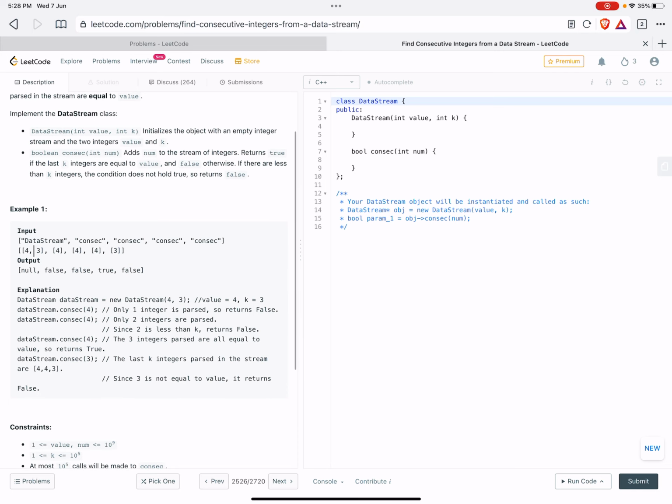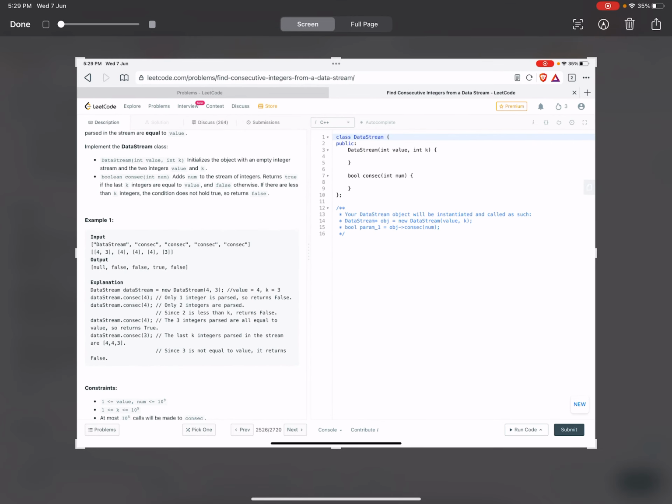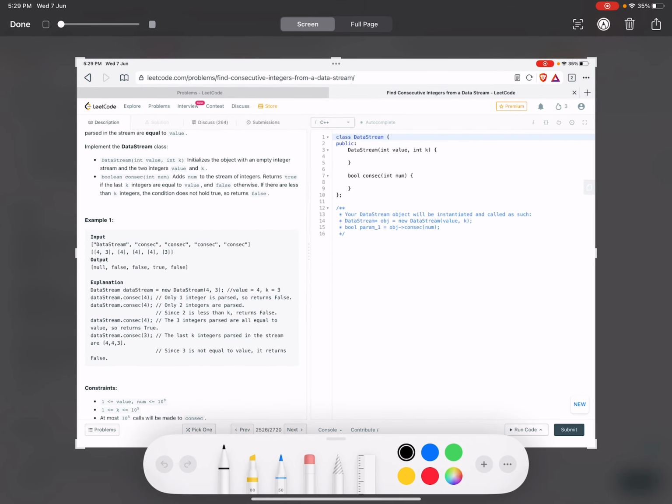What we can do is keep a count of the current variable. Let's say the current value is 4, and the count starts from 4.